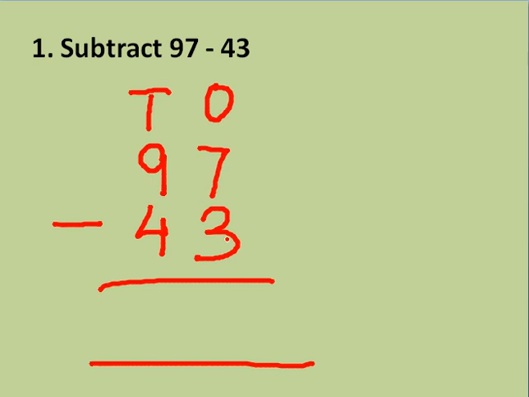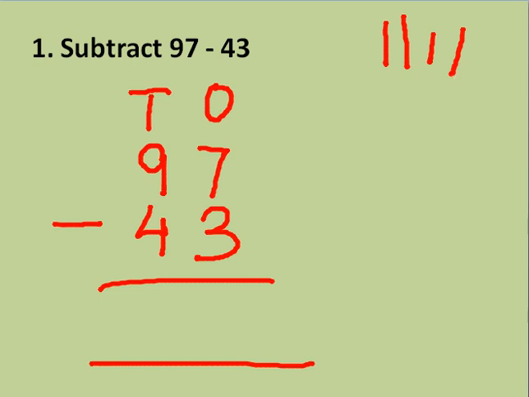7 minus 3. You will start your backward counting after 7 and you will go up to 3. You can do it on your fingers. Here, to show you, I am doing it using standing lines. Okay, but आप इसे अपने fingers पे भी कर सकते हो. After 7 I am starting my backward counting and I will go up to 3. Okay, after 7: 6, 5, 4 and 3.